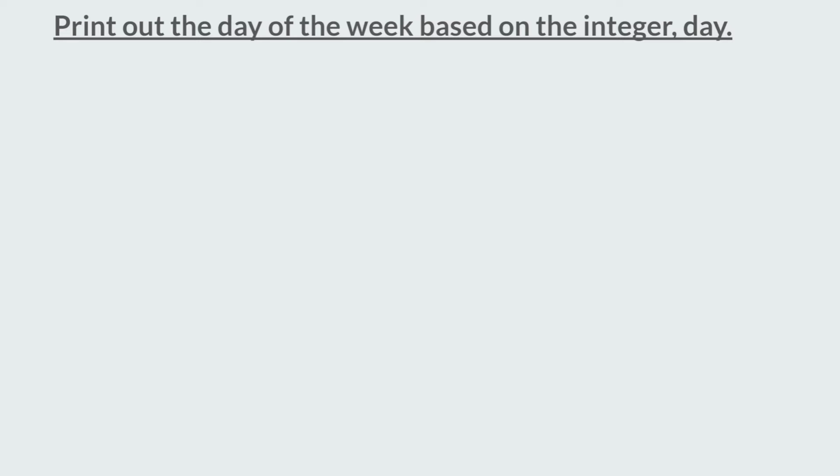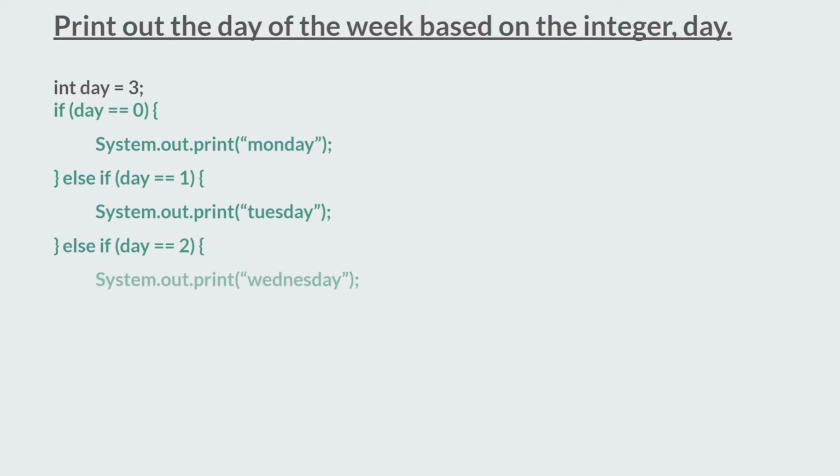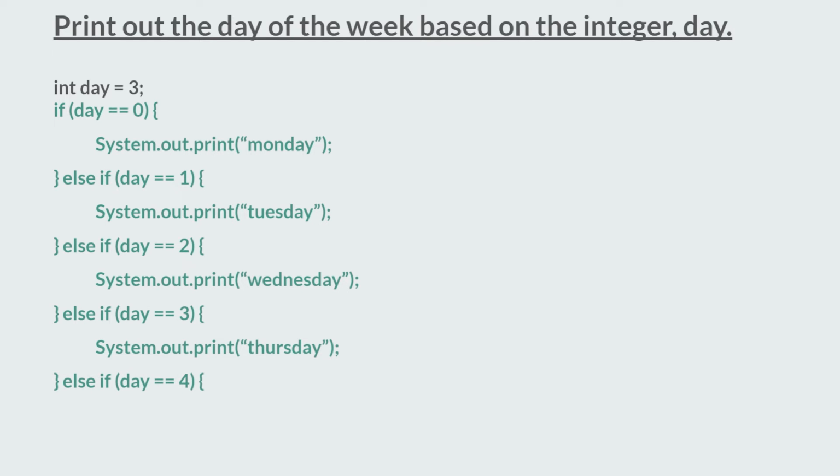This is stored in a variable called day, for example. Using if statements, we'd write it like this: int day equals 3. If day equals 0, print out Monday. Else if day equals 1, print out Tuesday, and the list goes on for each of the days of the week. This can get a bit tedious and it's writing a lot of code,